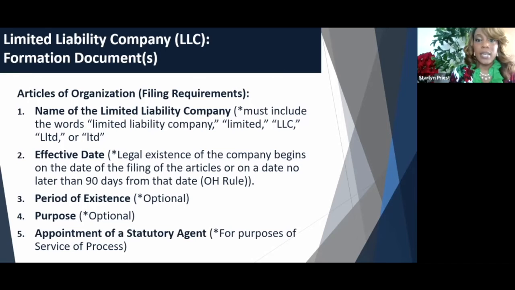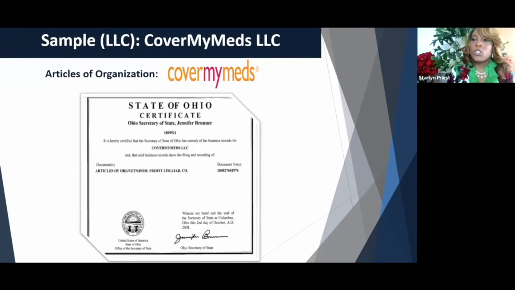Now, one of the other items that is not optional, you need to appoint a statutory agent. So that is the party that receives notification when, unfortunately, you're being sued. So you definitely have to have some kind of contact for service of process in the event that that occurs. For those of you that may or may not know, one of the most successful startup companies, a very major acquisition that took place in the Midwest, in Ohio, within the last, I believe, 5 years, if I remember correctly,